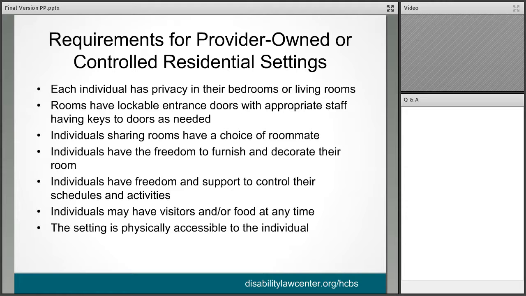And with the exception of accessibility, all of these requirements can be modified, but the modification needs to be supported by a specific assessed need and justified in the person-centered service plan. And then also, if there's a modification, it needs to apply just to that person and not everybody living in the setting. So for example, if somebody has a dietary restriction, such as gluten intolerance, it would be perfectly appropriate to